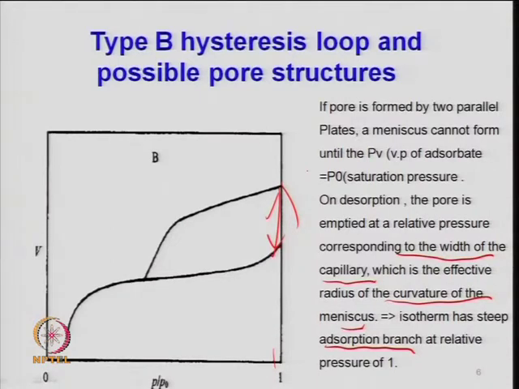So, what I mean to say is, depending upon the type of material, you can have different kinds of complexity in the pore structure, which results in what you see, the pore size distribution or the hysteresis. You can see here this gap is also wider. So, when it reaches the saturation pressure, and if you look at the two corresponding pressures here and here, for the same volume, significantly high pressure reduction is required. You have to release the pressure to a significantly low level, and only then will the desorption start.